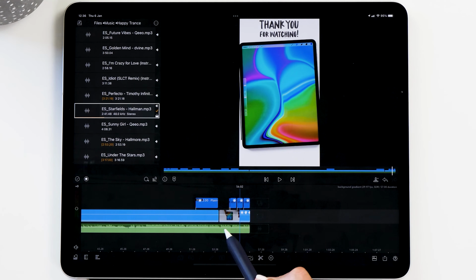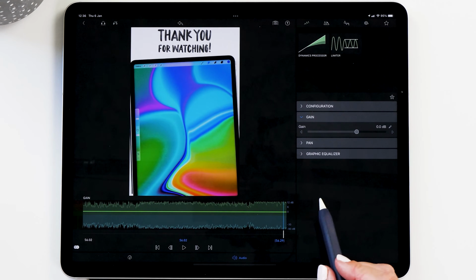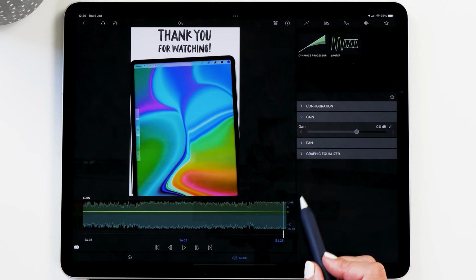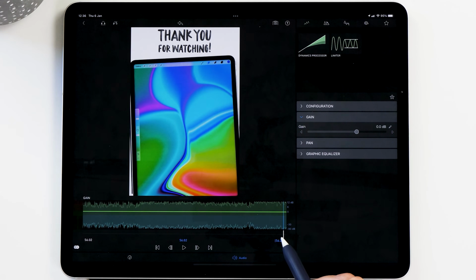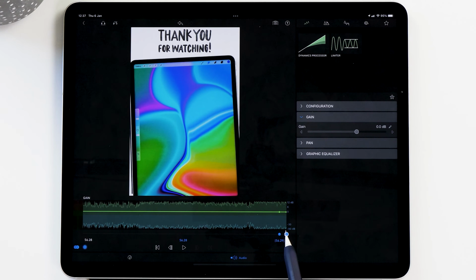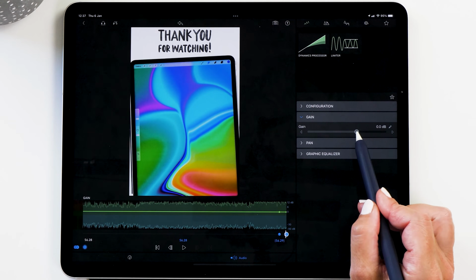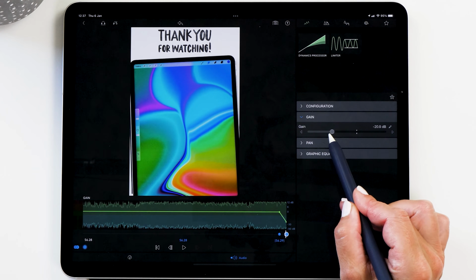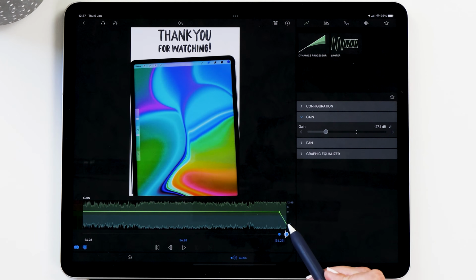So what we can do now is add a little transition here at the end. And so we're going to go back to edit. And again, like we've done with our animations, we're going to add some keyframes here. So you want to add a keyframe all the way at the end, and then you want to add another one just shortly where you want to start the music to fade out, and tap the plus. And so now all we have to do at the last keyframe is decrease the gain, and you might want to put it up to maybe -27 is good, like this.